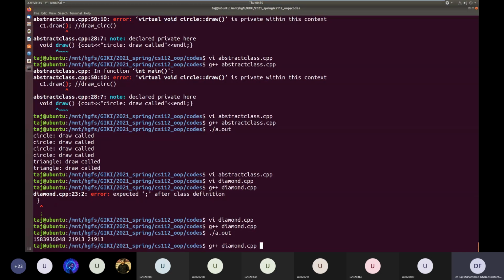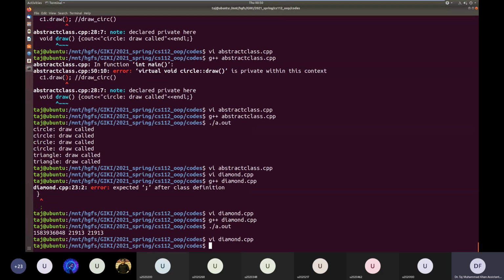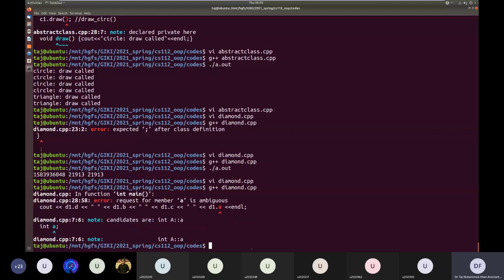So now let's try to access the member variable of class A, which is also present inside this class object D1. So D1 dot A. Okay, so the compiler is telling us that in this line d1.a, the request for member A is ambiguous. And why is it ambiguous?